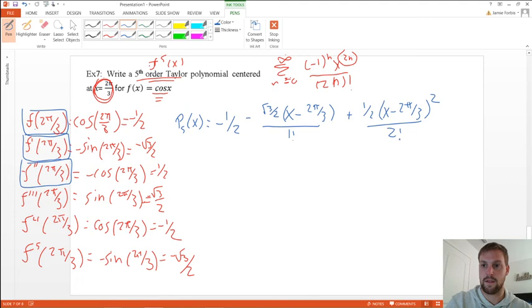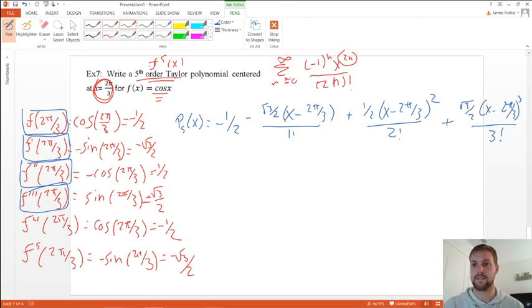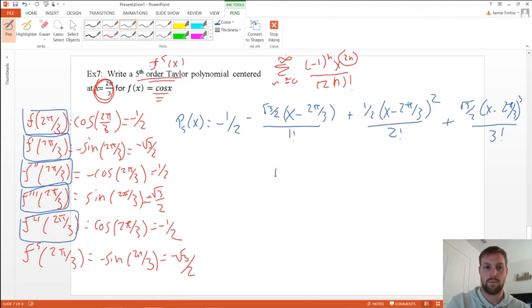Okay, and then I'll try to fit one more right here, plus f triple prime of a, which is √3 over 2 times (x minus 2π over 3) cubed all over 3 factorial. Nice. Okay, and then plus the fourth derivative, which is going to turn to minus because that's negative 1/2. So it's going to be minus 1/2 times x minus my center again,